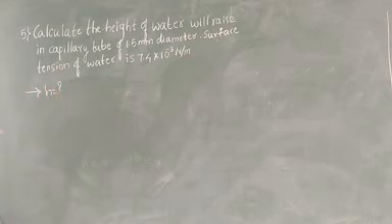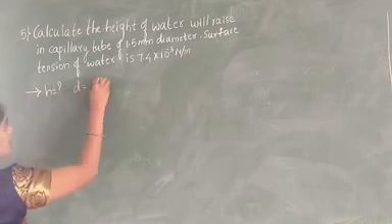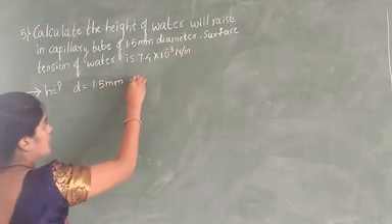Now next, they have given that the diameter of the capillary tube D is equal to 1.5 millimeter. Convert this answer into meter. 1.5